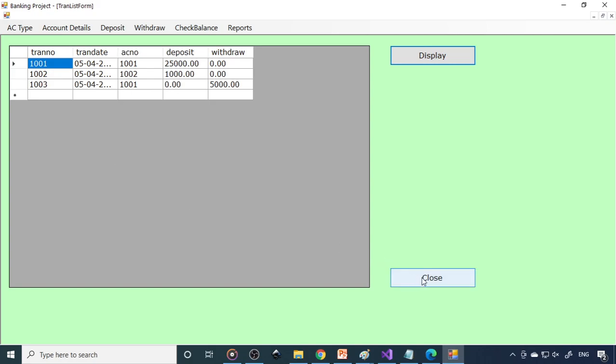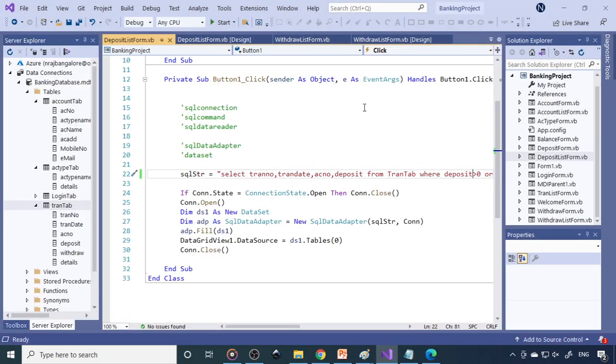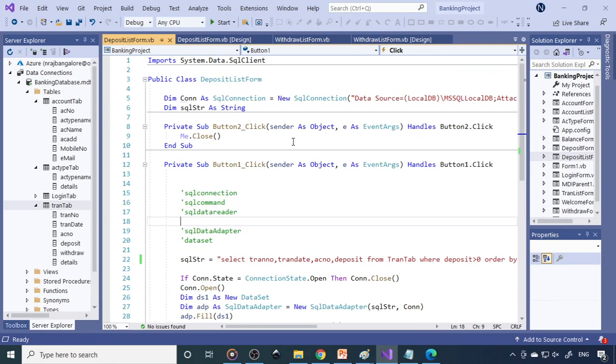the transactions. So probably you need to learn more, like for a particular account number we want to show all the transactions and the balance, so we need to understand how to write the program. Probably in the next videos we'll show you that. So keep practicing up to this and then keep trying. Thank you.